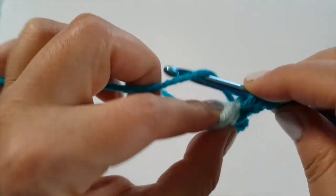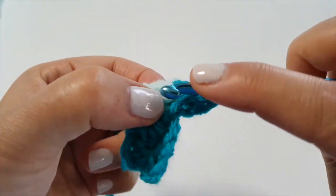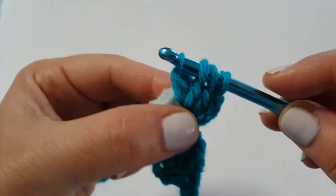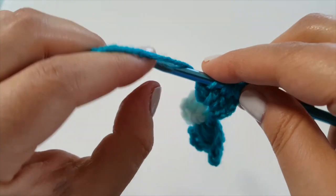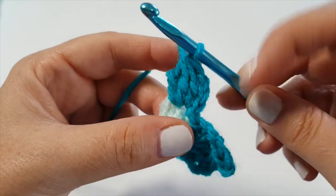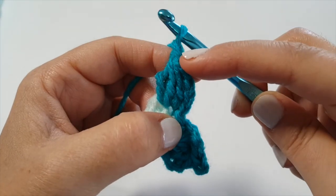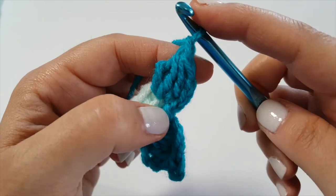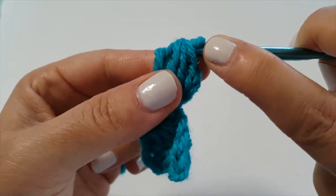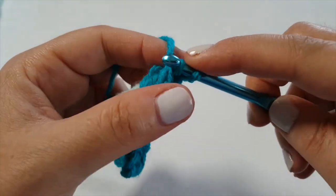I go in a second time, and then I go in a third time. 4 loops are on the hook. I'm going to yarn over, pull through all 4. See how it naturally points up? Then I chain 1. See that chain 1 just helps solidify the point upwards. Then I go back into the top of that stitch and I like to pick up 2 loops. And then I just slip stitch